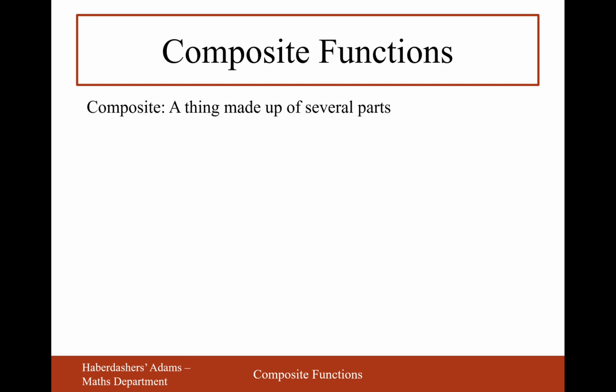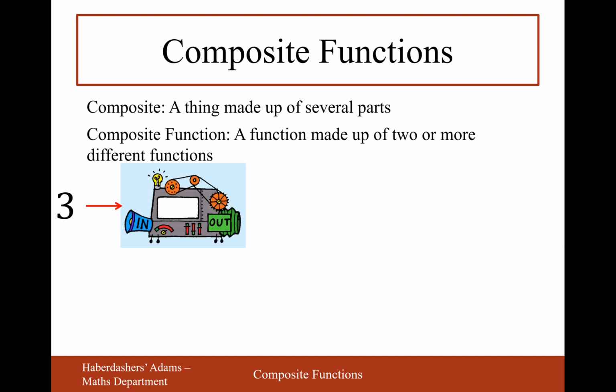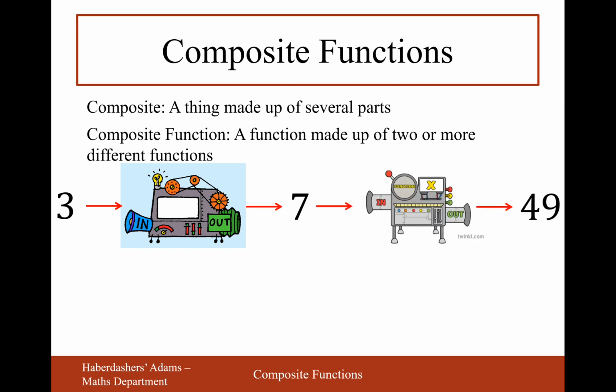So let's have a look at composite functions then. A composite function is something that's made up of several parts, a function that's made up of 2 or more different functions. We've seen before, if we put a number into one function and then put the answer into a second function, we get